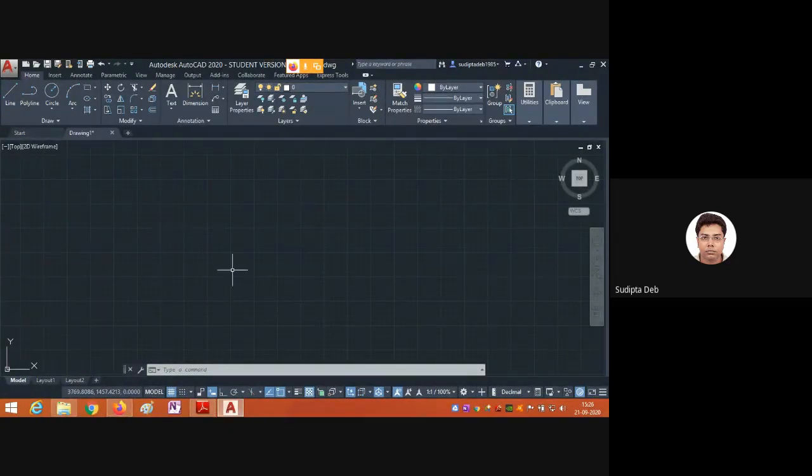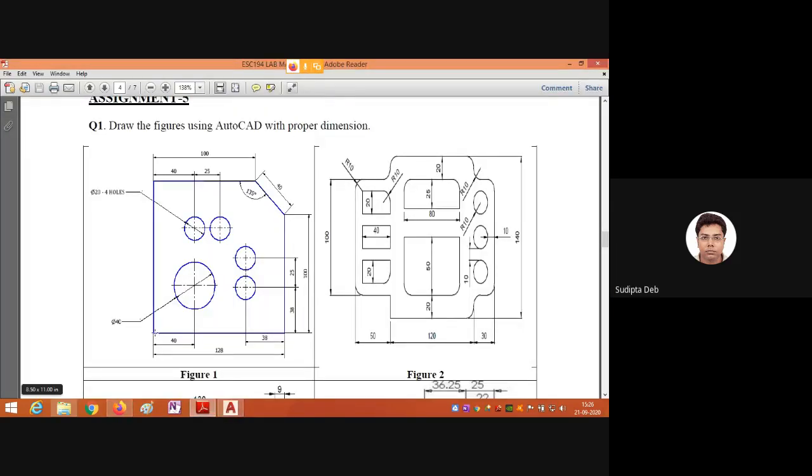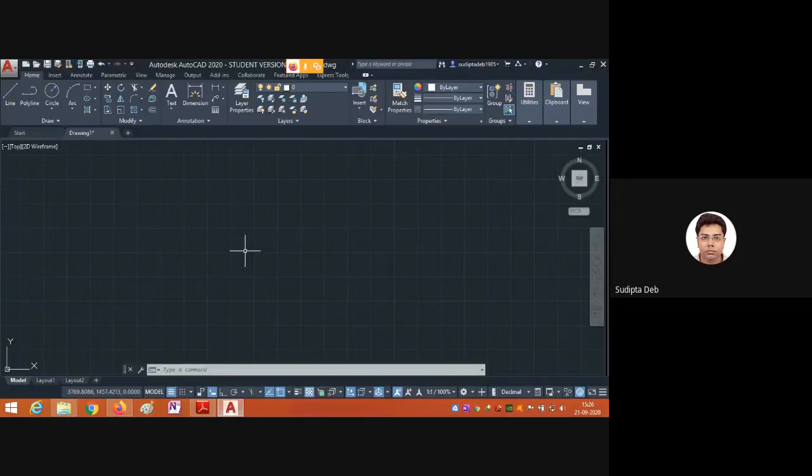Next is the line command, because we are going to start from this point. The command is line, press a single enter, then you will get the direction, then put the distance. So just let me show. The command is line, L enter for line. L is the short form for line. L enter. Specify first point. So select anywhere. Now see, this is making an angle.